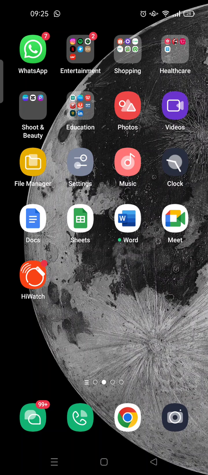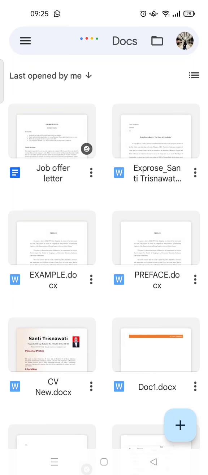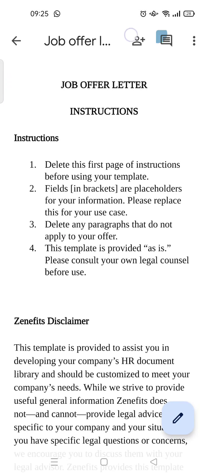In this video, I'm going to show you how to share a Google Docs file. So on your mobile, go to the Google Docs app and then click on the file that you want to share. For example, I want to share this one, and then click on the share menu here, the people and plus icon,